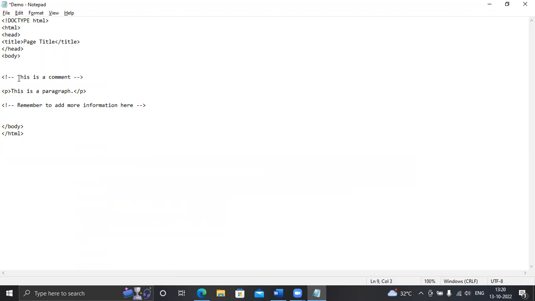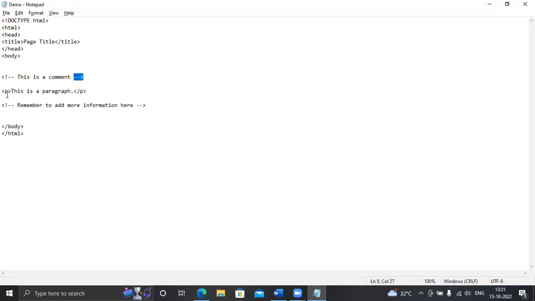Whatever you write in between, only you can see; it will not display on your website, because this is like a comment. The paragraph tag content you can see, but the comment will not be displayed on your website.